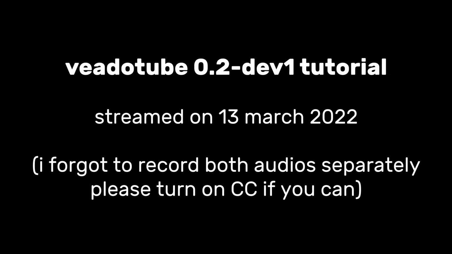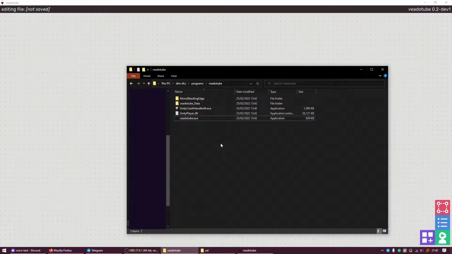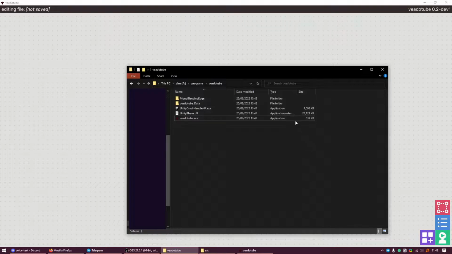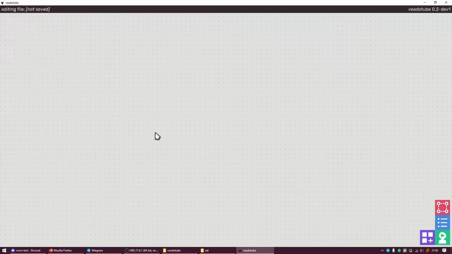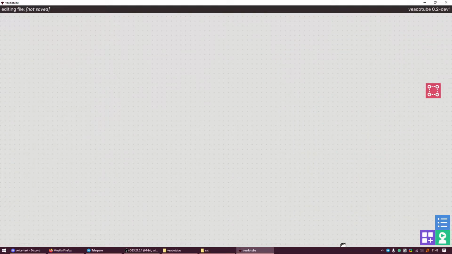We can do this. This is Vieto 2, the little program that I'm working on. You can open it just like you open the Vieto 2 menu. You unzip the thing, you open the DXE one that is in Unity Crash Handler 64, and here you have the app. Those are windows that you can open to do things, and they can be dragged however you like.